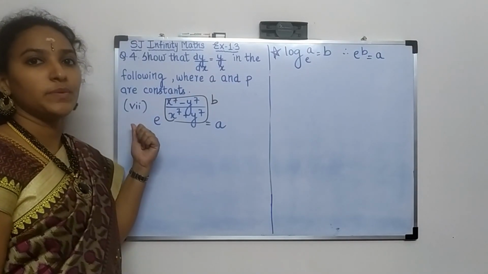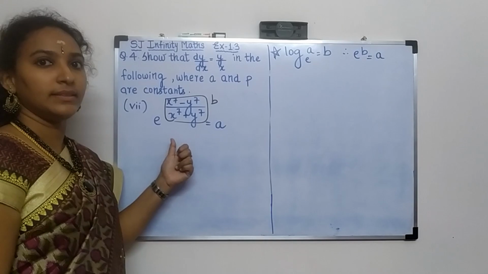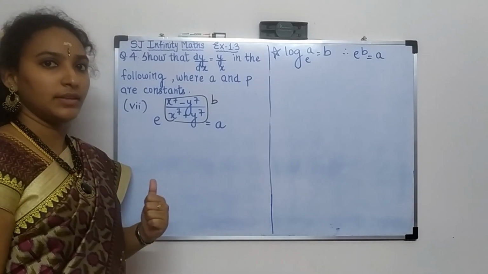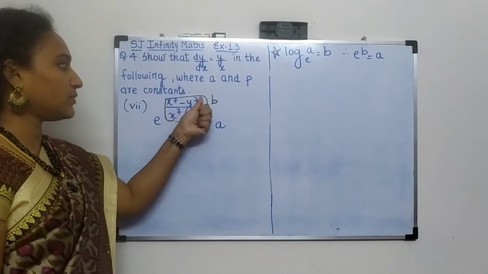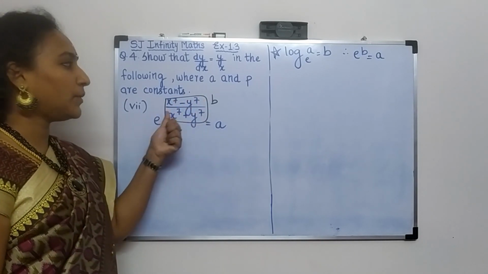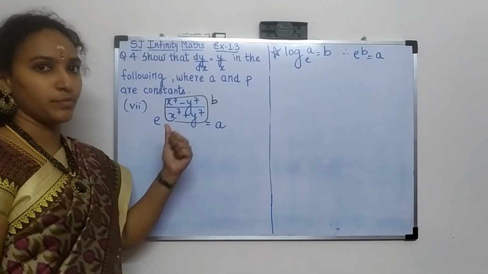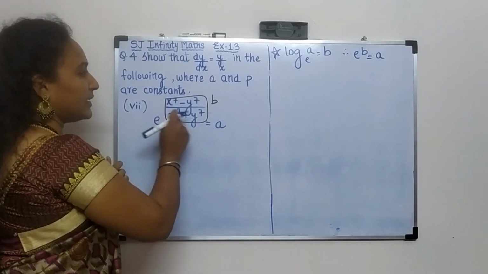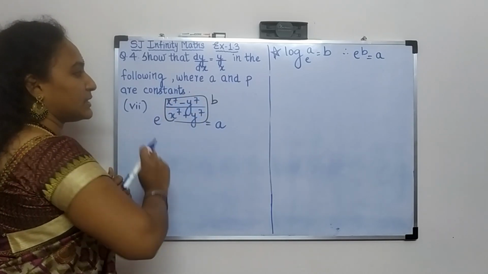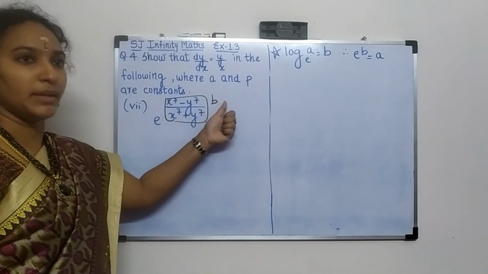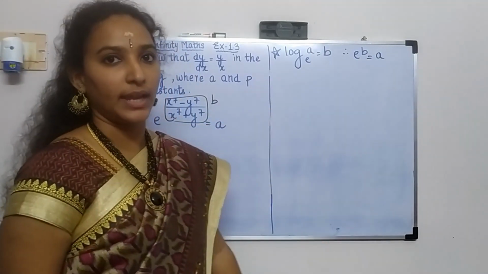So this is the last question in today's session. I will explain you how to simplify this. Then you can complete the answer yourself. See, we have e power x raised to 7 minus y raised to 7 upon x raised to 7 plus y raised to 7 is equal to small a. We can consider this x power 7 minus y power 7 upon x power 7 plus y power 7 to be b. Then this becomes this form, e power b is equal to a.